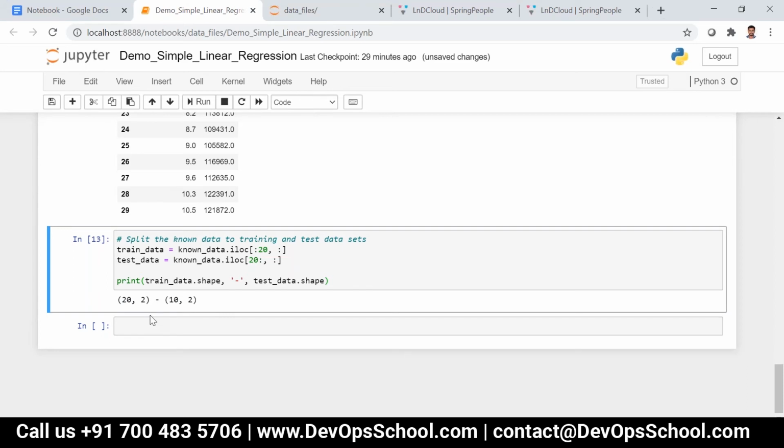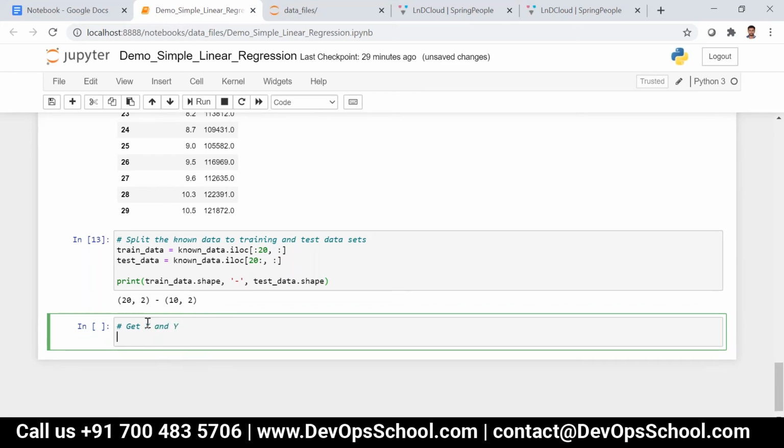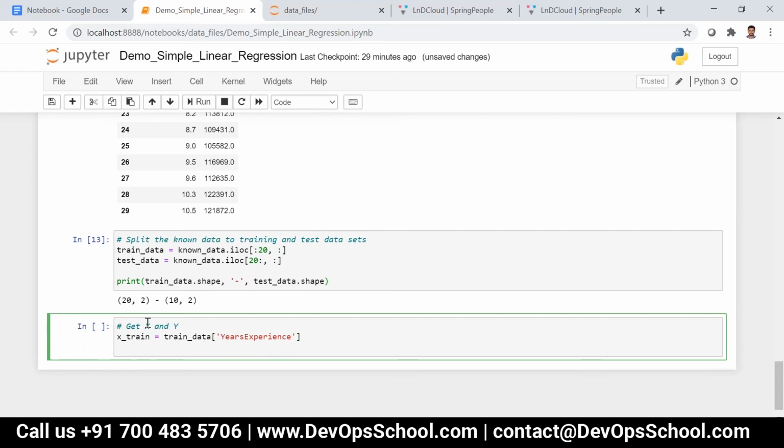Right. So now we are going to get x and y from these sets. That is, x_train is equal to train_data of years experience, and then y_train is nothing but train_data of salary.